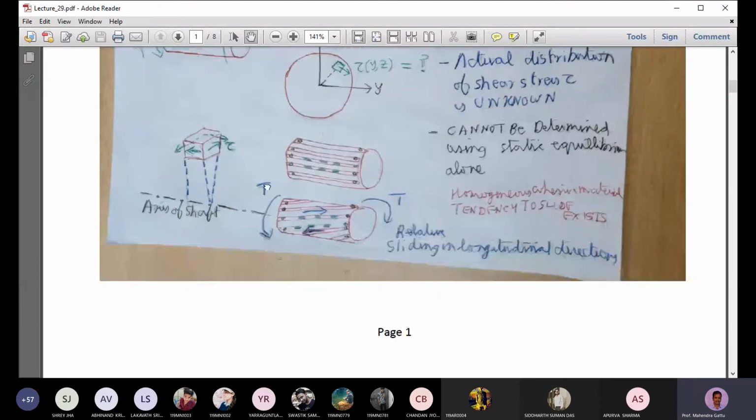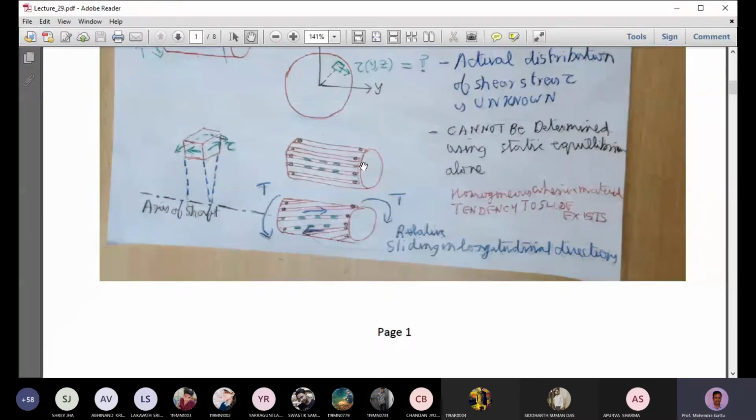To understand that, let's say we have a shaft composed of small wooden pieces, wooden strips. The strips are oriented in the longitudinal direction. You can make some markings on two adjacent strips, so those are shown here. We have marked three places on the top plank and the bottom plank.